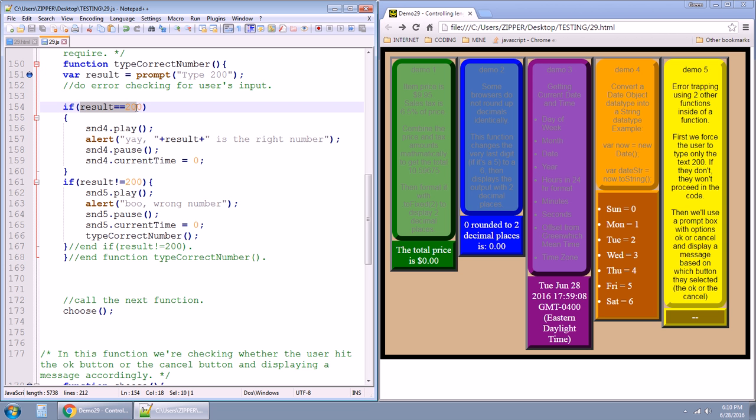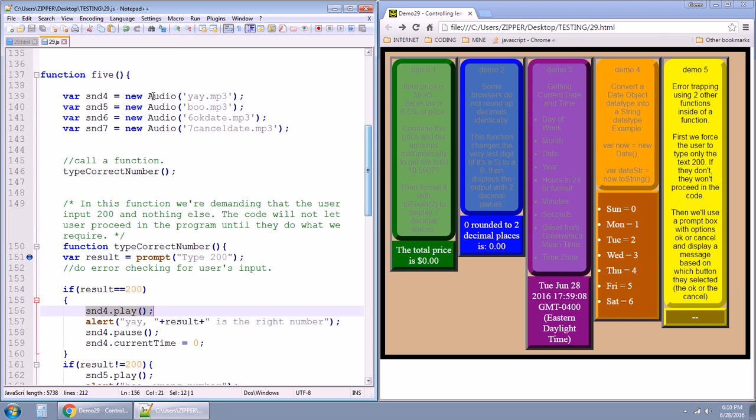If result is equal to 200 and you're using the double equals, if that is true, then sound4 will play. And remember, up here, sound4 is going to play the yay.mp3. So that means that if they did what I asked them to, they're going to hear me say yay if you're using Firefox. If you're not using Firefox, you won't hear this play, but you will get the alert box